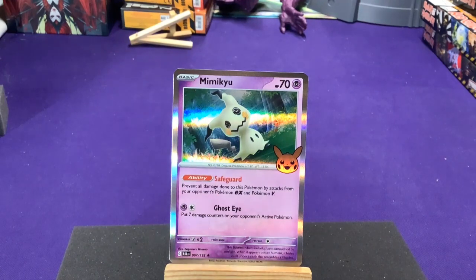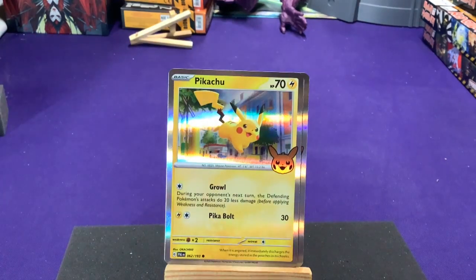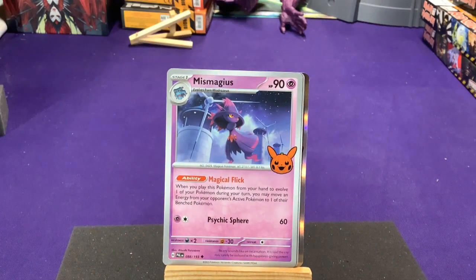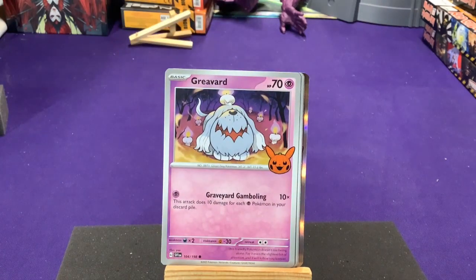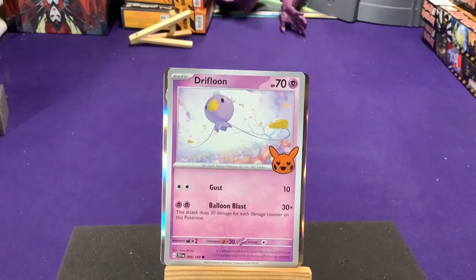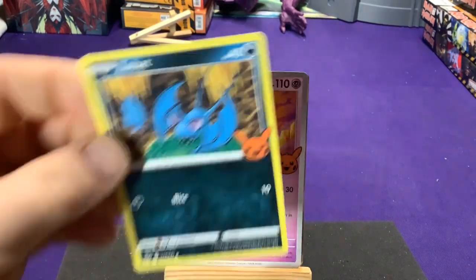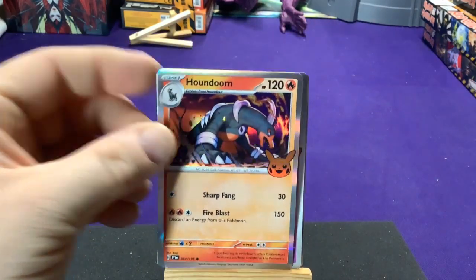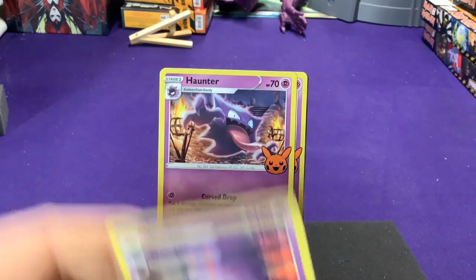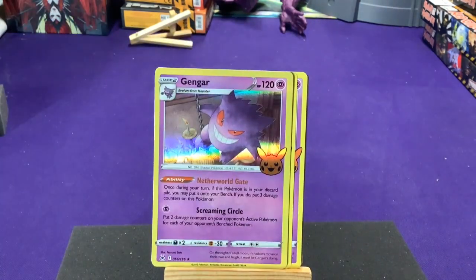I'm just gonna go through them. So I have Mimikyu, which I only have 1 copy of so far, so I might not have a lot of those. We have Pikachu, Murkrow, Miss Magus, so they did not have a Mischievous in here. We have Graveyard and his evolution Houndstone. We have Driftbloom and Drifblim, a Zubat, a Houndoom, but no Houndour, Ghastly, Haunter and Gengar,